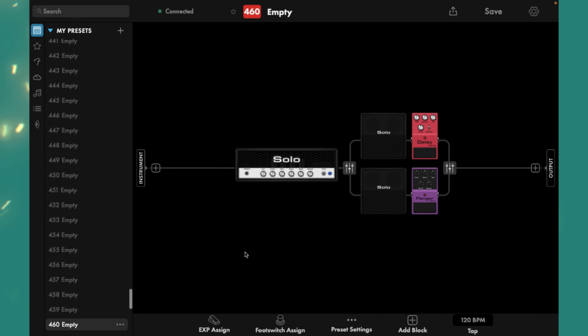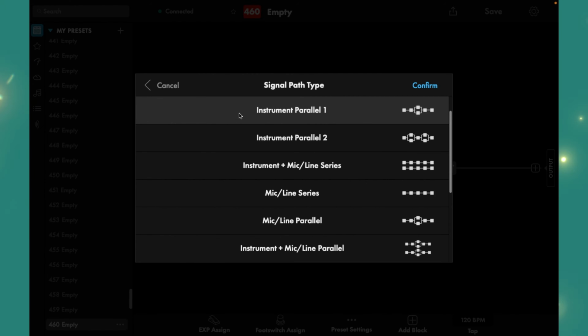I saw a question recently asking if you could split your signal path so that it records to 2 separate tracks in your DAW. I'm going to show you an example of how you can do that using this simple setup here. So I have the instrument parallel 1 selected as the signal path type so that I can split